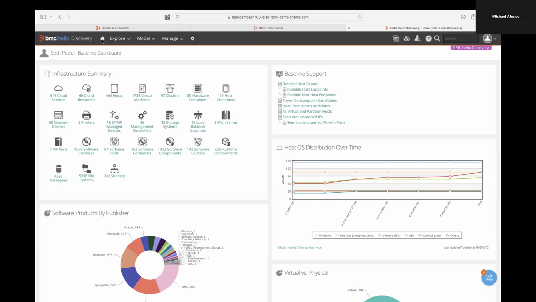If it's out there, we're going to go find it and we're going to bring it into the system for you. Now, what's special about BMC Discovery is what we do next. When we go through and do our discovery, we're actually looking at observed communications and building out a model of your applications for you. So let me show you what that looks like.